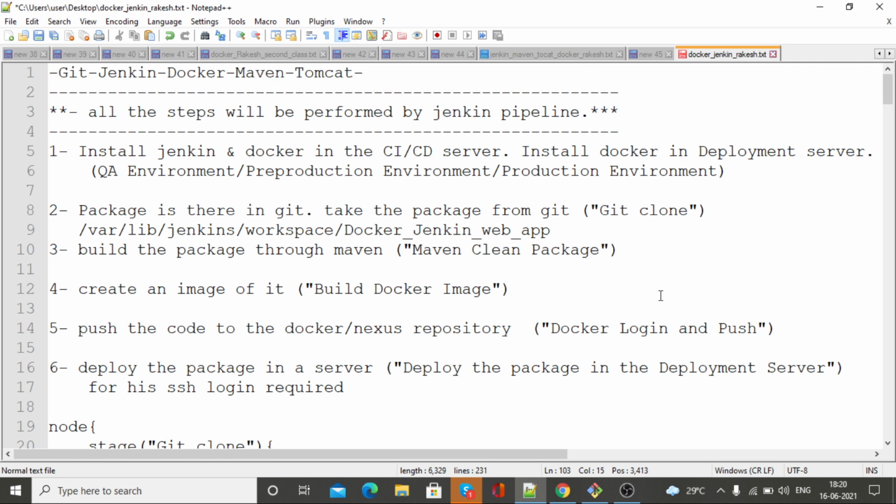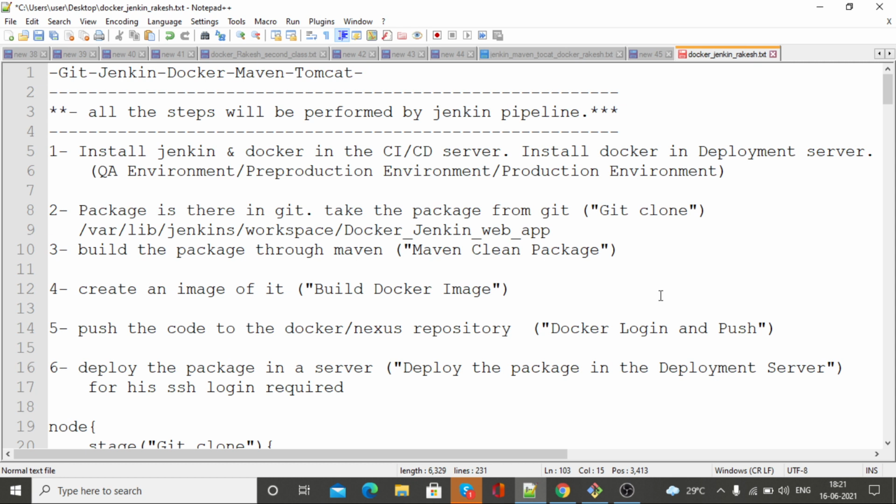After creation of the image, we are going to push it to the Docker repository, Docker registry, or you can use Nexus also. So next point, after pushing the image to the registry, will be to deploy the package in a server.